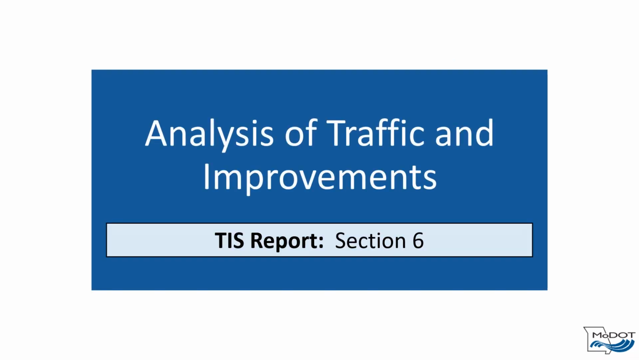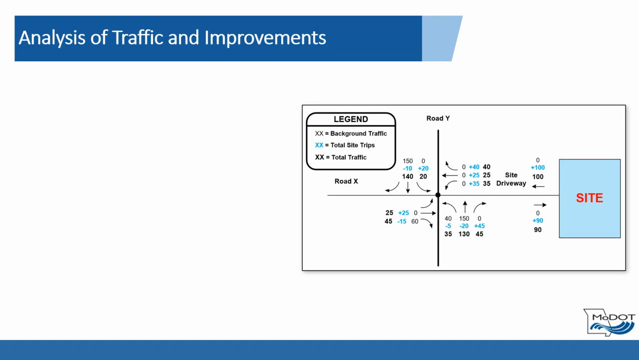TIS Report Section 6 summarizes the analysis of traffic and improvements. Section 6 of the TIS Report template should focus on evaluating future traffic conditions and comparing alternative improvements. Site access performance identifies all proposed access driveways to the development and analyzes each access with respect to traffic operations